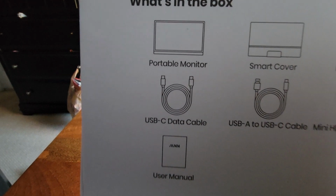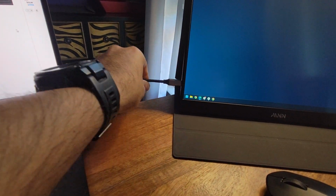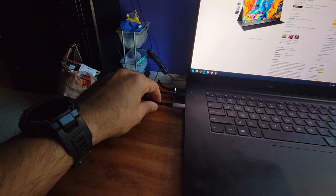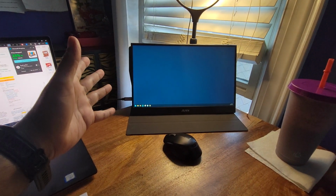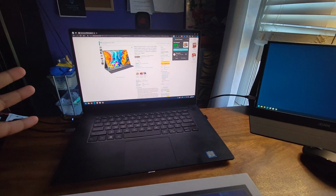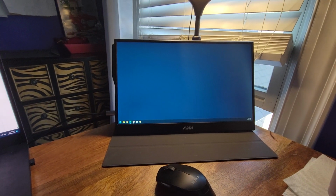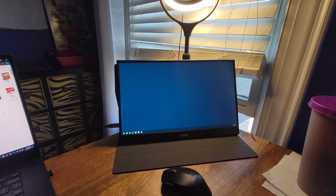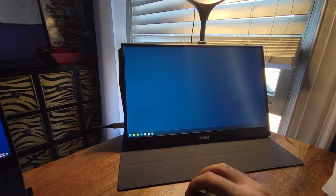If you opt for the USB-C to USB-C, which is what I've done here, as you can see, this is a USB-C here. It connects directly to my USB-C port on my computer, and you don't need an external power source because it powers through the laptop. It pretty much uses around 15 watts, which is kind of a low-end